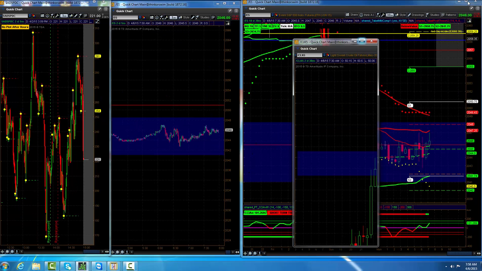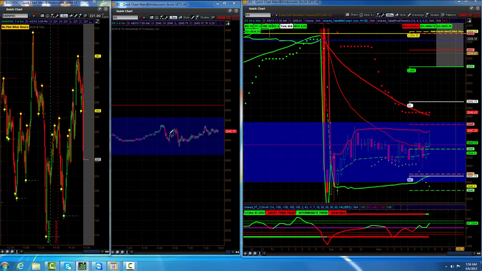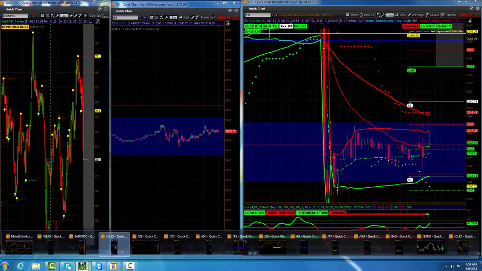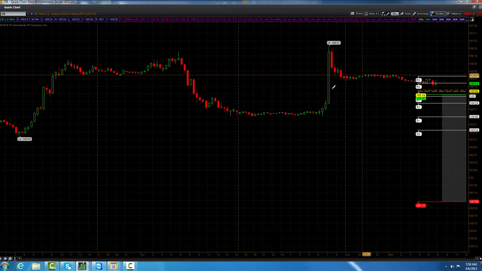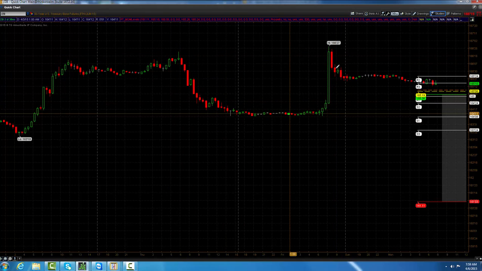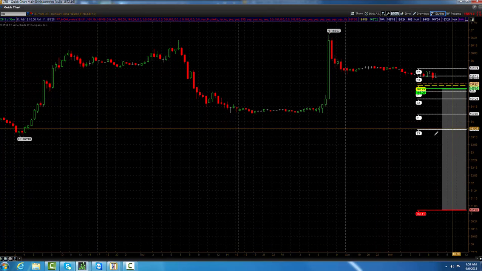Remember, things are going to be a little skewed today based on the fact that the market was closed on Friday, and there's going to be some filling in of gaps. Then let me bring in the bonds, if I can find them again. ZB. Obviously this is kind of confirming what I've been saying all along, that I don't think we're going to raise interest rates this year. So you've heard it here first. Hopefully, when I make the claim that there'll be no rate hike, I won't have egg on my face.